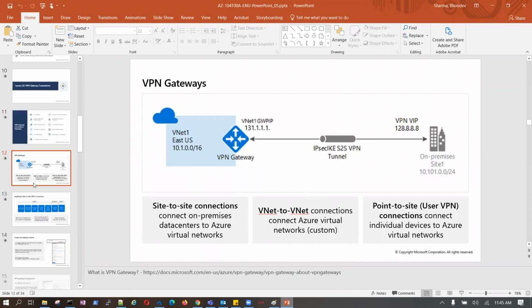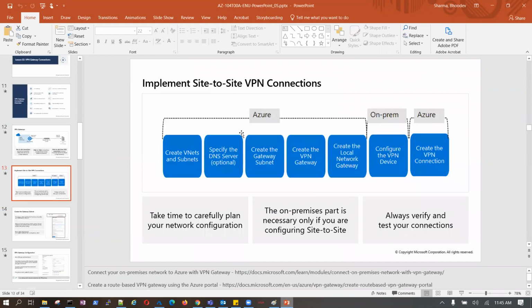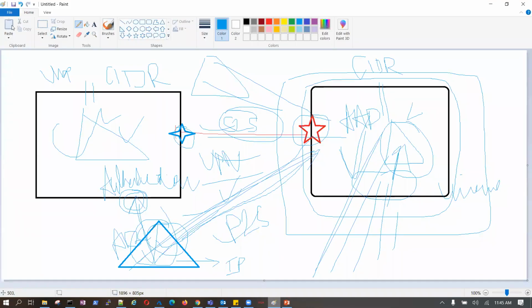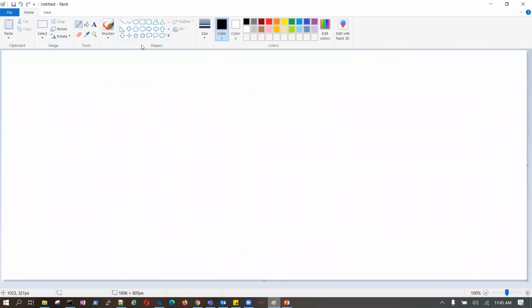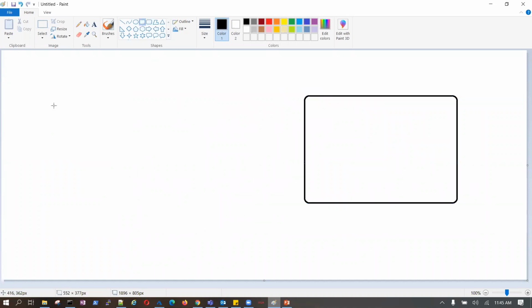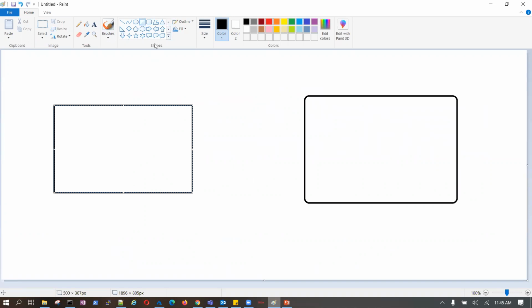This we discussed. Please stop me if you are not able to understand anywhere. Now implement the site to site VPN connection. In this site to site, let's say this is my tunnel.